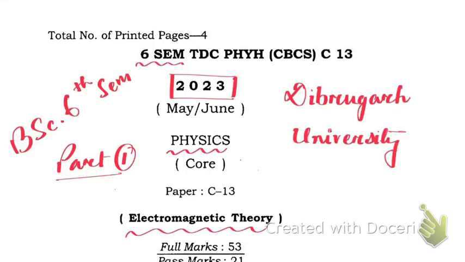Hello friends, in this video we're going to solve this electromagnetic theory paper C-13 of 6th semester BSc, Dibrugarh University. This is part 1,